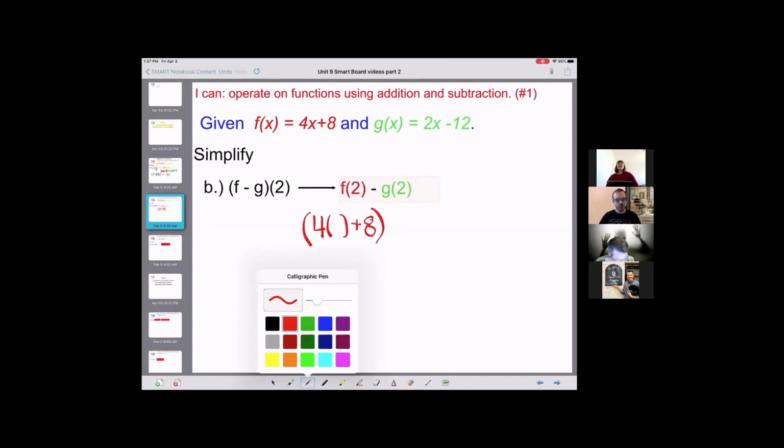This time we're bringing down a minus sign because we're subtracting. We need to make sure we attend to precision with our signs when we put functions together. Another set of green parentheses for function g,